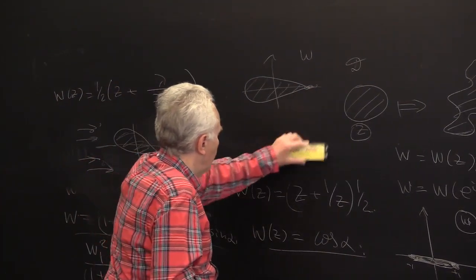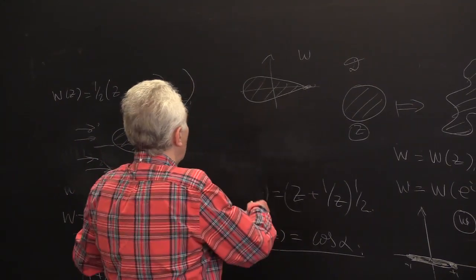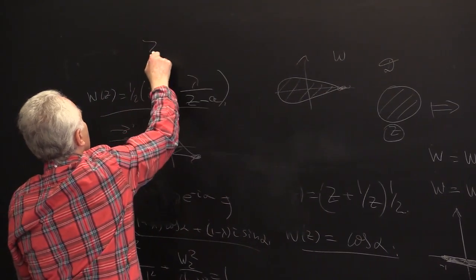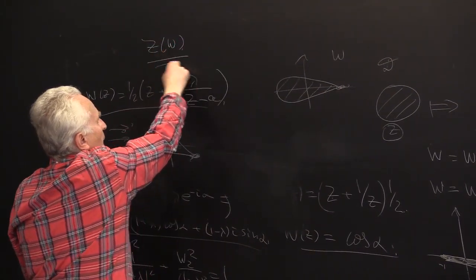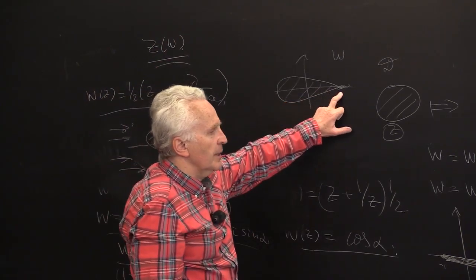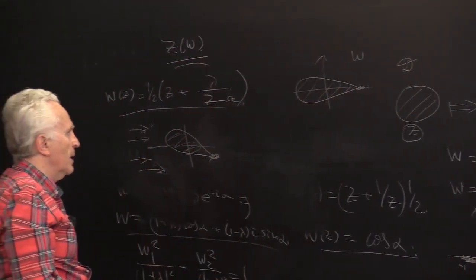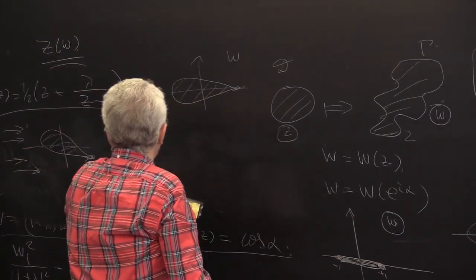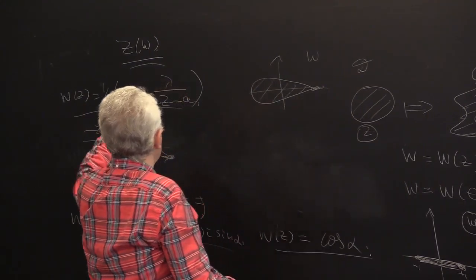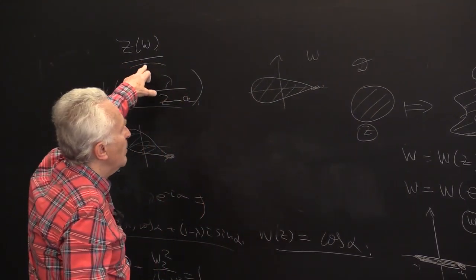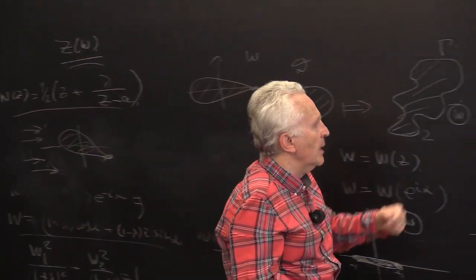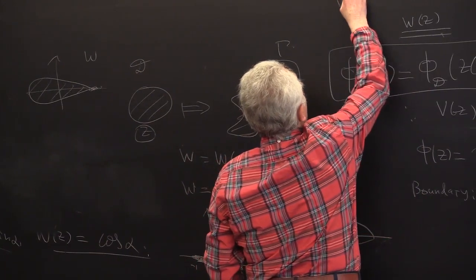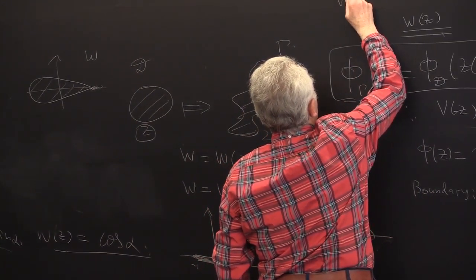Yeah, but there is a problem. When we solve this equation, we have to solve this to find z of w, and z of w will be singular at this point. There will be a singularity. It's actually not hard to see how it appears: you just solve this quadratic equation, and z of w will have a singularity. As a result, when you differentiate to find the velocity, you have velocity in the region gamma